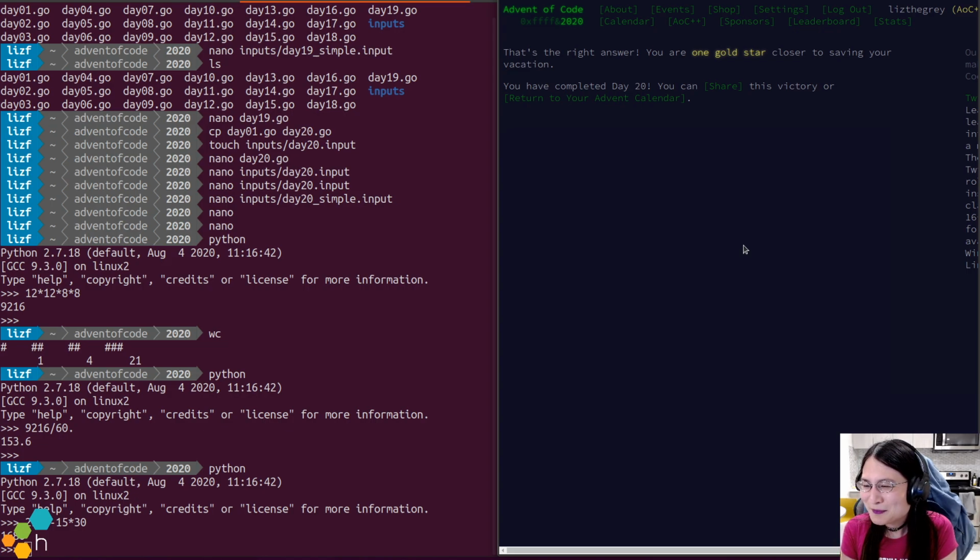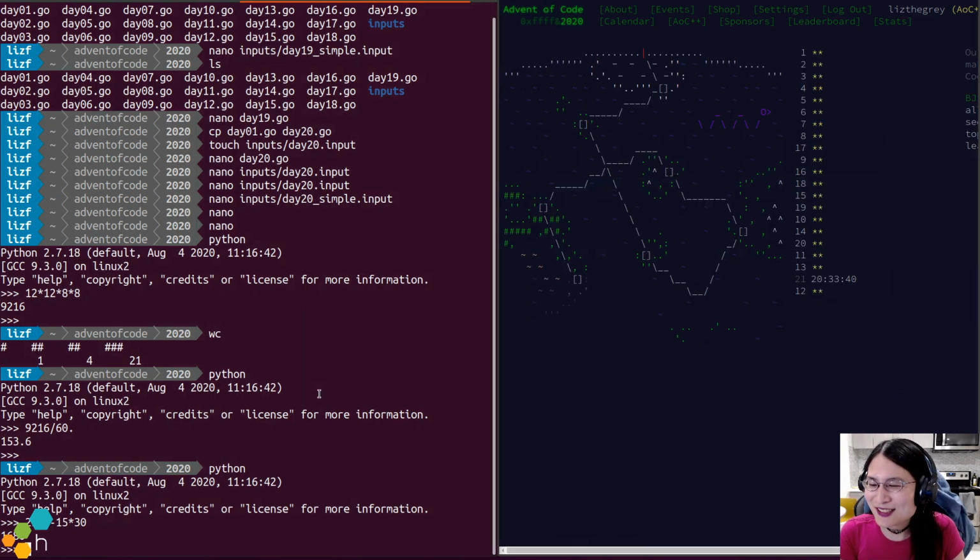Okay. I'm going to solve this properly tomorrow, but seeing as it is midnight 30 and I have solved the puzzle technically, I'm going to wrap up the stream here and do this during daylight hours. So have a good night, y'all. And yeah, I guessed that on the first try, and now we can see the sea monster, which is hilarious. Okay, see you all tomorrow. We'll solve this correctly tomorrow.